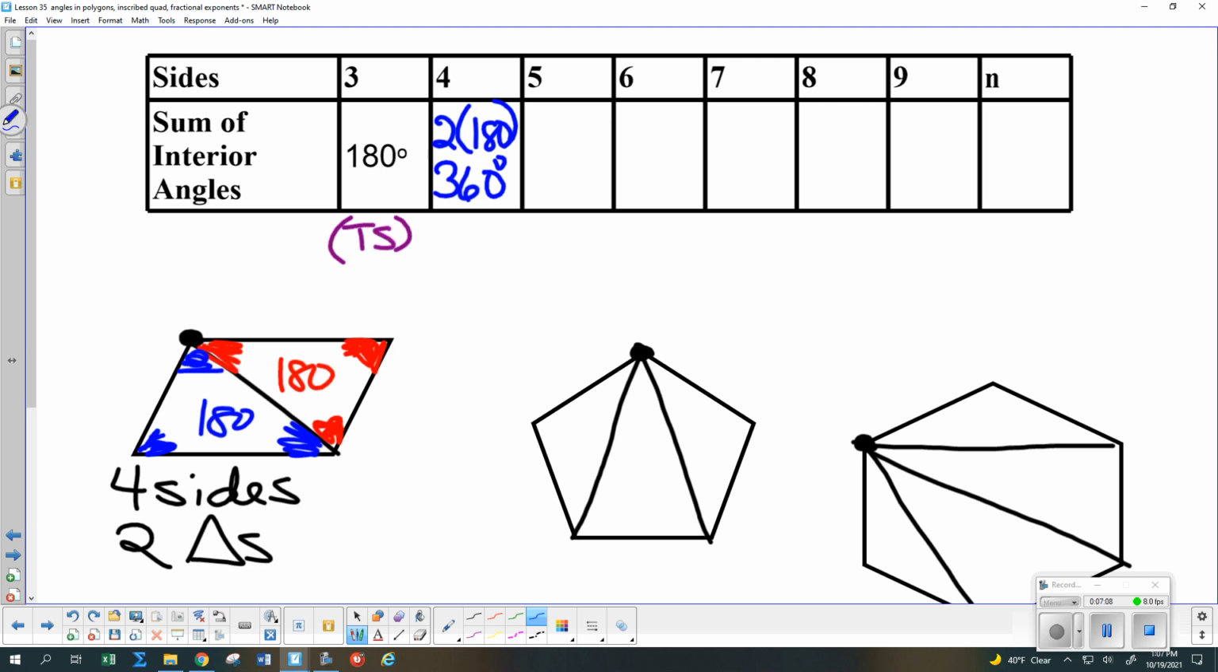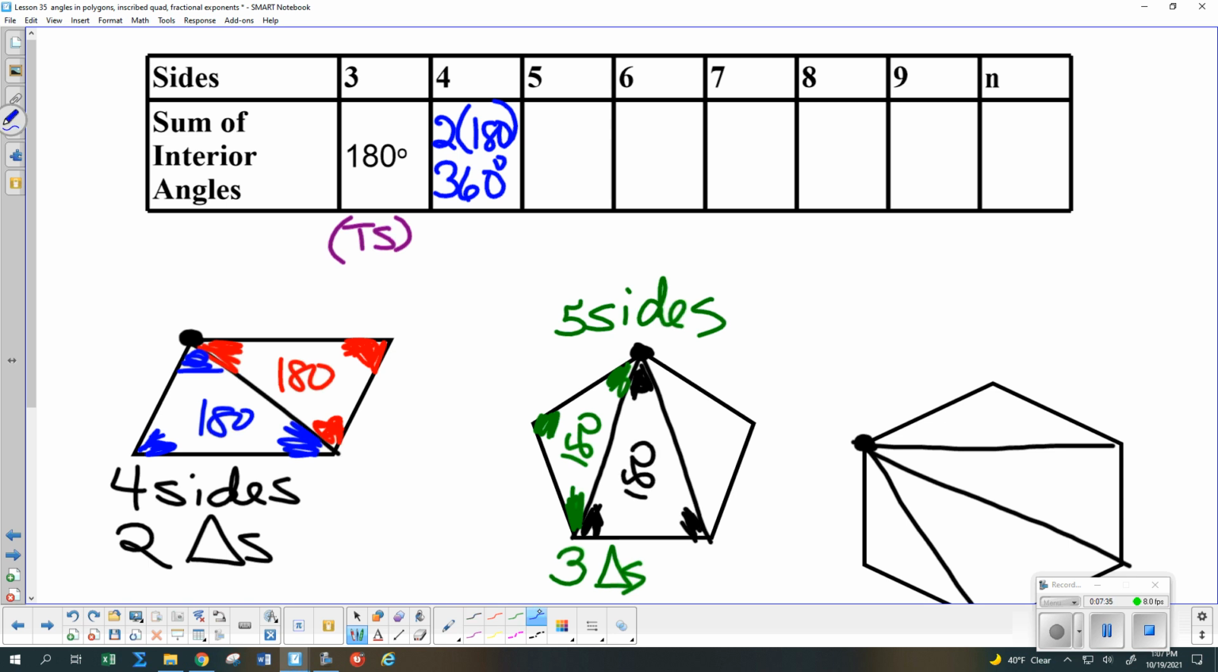Okay, moving on to my next picture, I took a vertex, drew as many diagonals as possible. I started off with 5 sides. How many triangles did I get, everybody? 3. So I had 3 triangles. If I do the same thing, if I shade in all of the angles of one, that's 180 degrees. If I shade in all of the angles of another one, that's 180 degrees. If I shade in all of the angles of the third one,